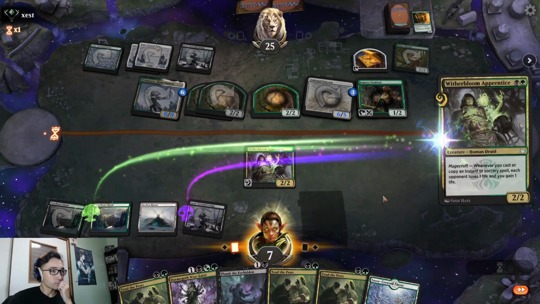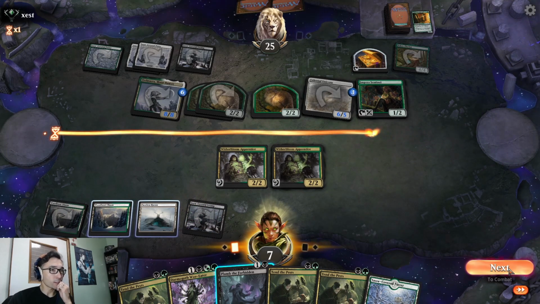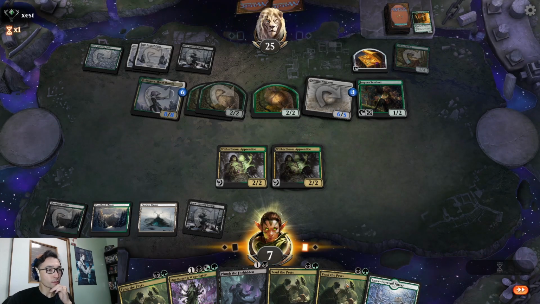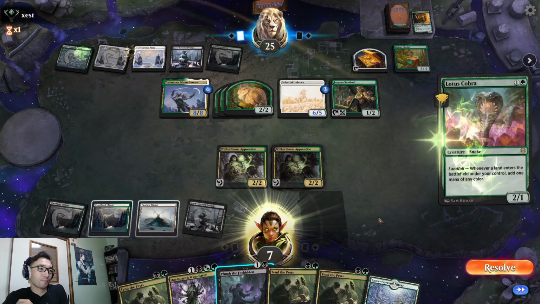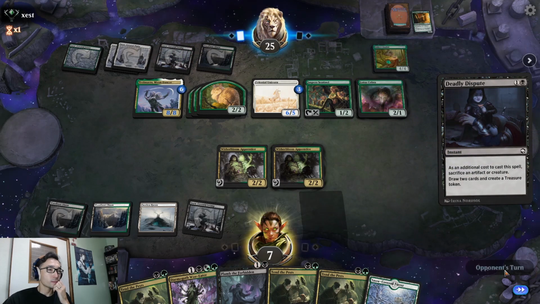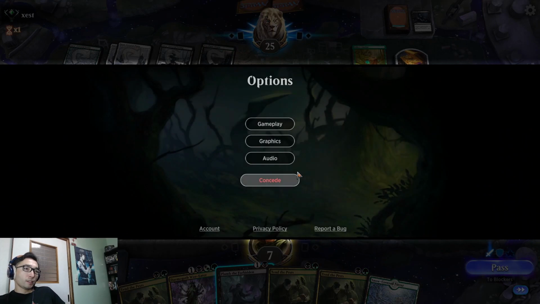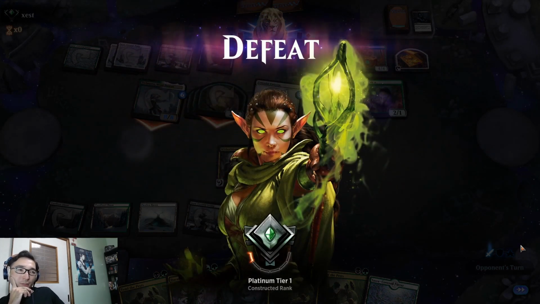There's all my land. 3 blockers aren't going to be enough, is it? Because, let's see, block 1, 2, 3, 4, 5. Oh crap, I can't do it. Alright. Green, white, black. Huh. Yeah, that's it. I'm done. Well, no, it wasn't. It wasn't, but...